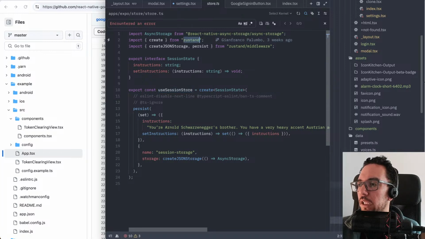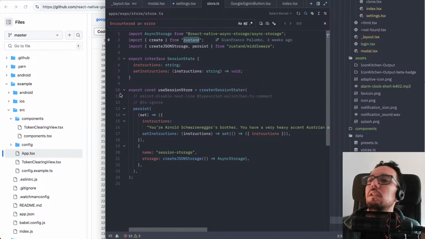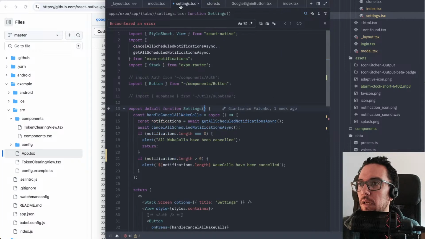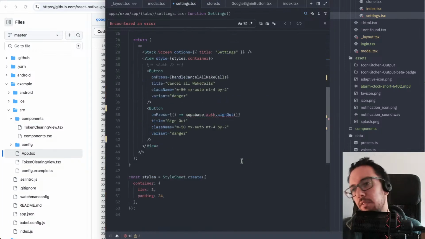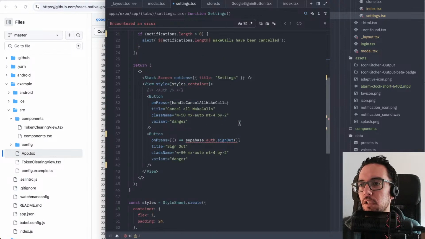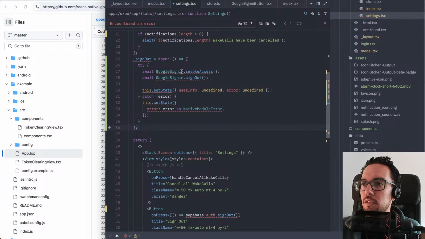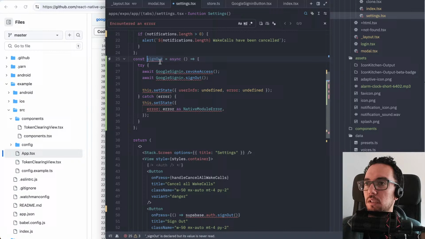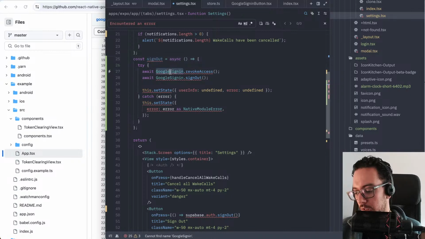So I'll create like a sign-in thing, so I know across the app if I'm signed in or not. And then if I'm signed in, then I display the sign out button. And if somebody presses the sign out button,